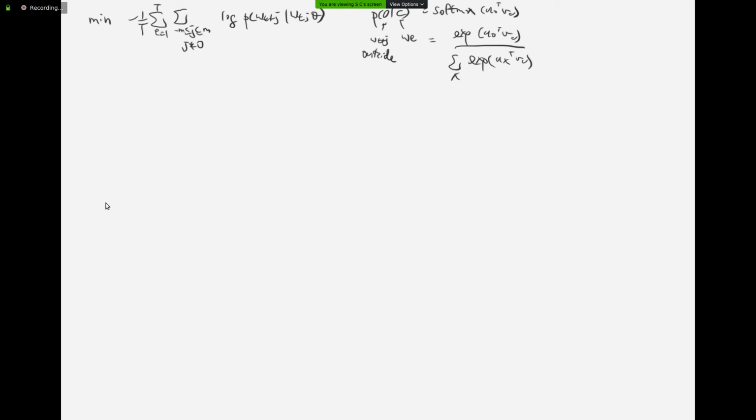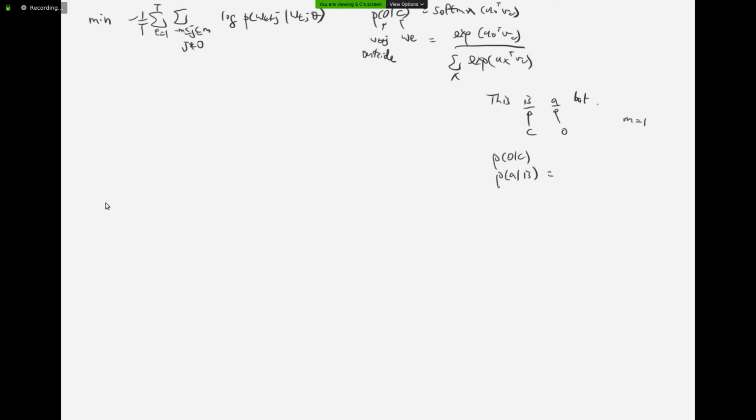Now if I try to just consider one particular word here, let me give an example. Let's say I have a silly sentence here, and let's say the center word is "is", so this is the center word C, and let's say my m here is just 1, so it's looking at one word before and after. Let's consider this "a" here. Let's say O is pointing at this "a" here. Then I have P(O given C), or P(a given is),